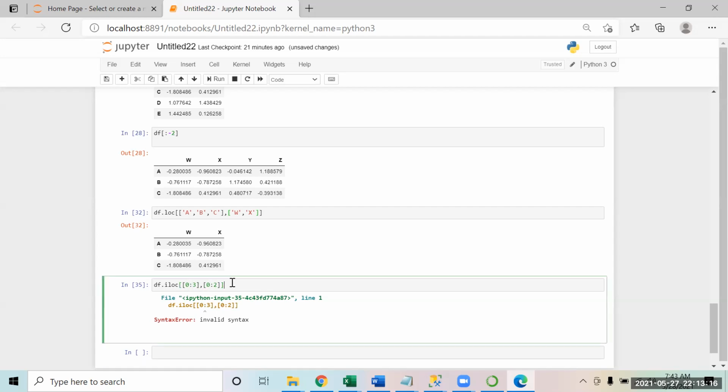Let me just check this because sometimes it gets very confusing. We work with Python and multiple languages. This is just